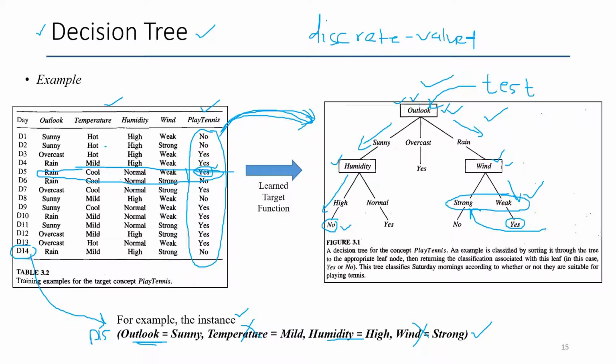The first attribute that we have to check is Outlook. In the given sample it is sunny, so we will go in that particular branch. In this case it is the left branch. Then the next test is on the humidity attribute. The value is high, so we have to go in the leftmost branch. The leaf nodes are the result. A leaf node represents the decision for that given sample. So this is how we can utilize the decision tree. Now, how to learn it is another question that we will solve later on.